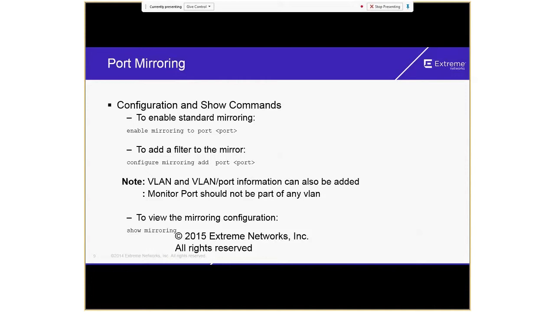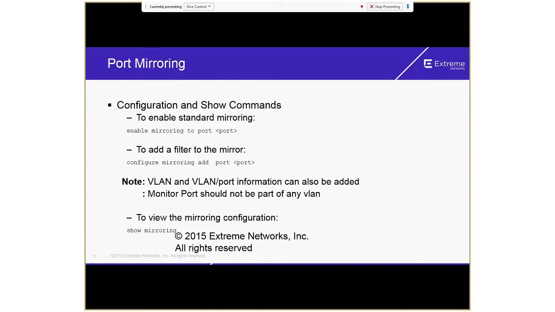And to add a filter, what you would do is configure mirroring, add port. This is the port where you want the traffic to be mirrored from, either VLAN traffic or some traffic on the port or the uplink ports, etc. If you want to add VLAN information also, you can use the command configure mirroring, add VLAN.